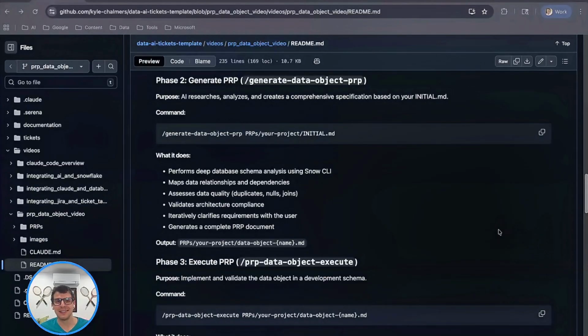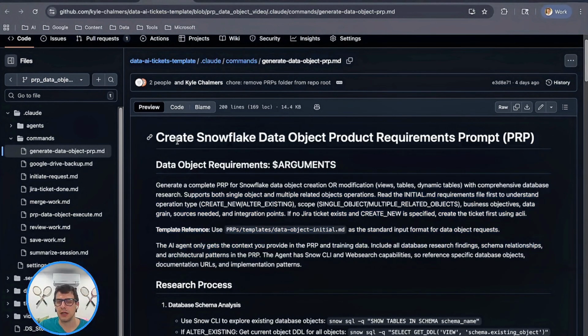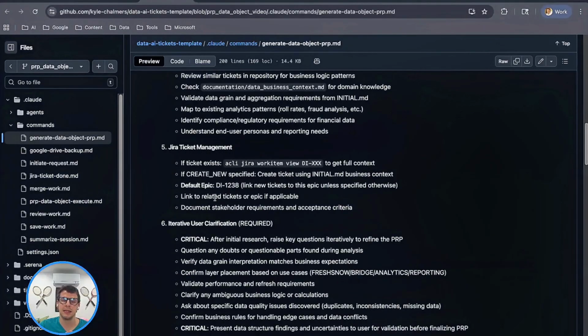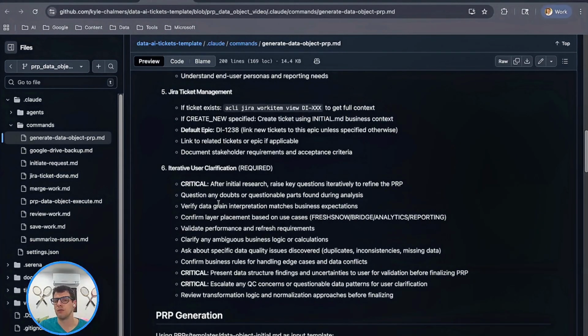Moving on to these next phases, I'm going to spend a little less time on these because these are more AI-involved phases, if you will, where the first phase of generating the initial template that I showed you all involves more research and more effort from you, the human involved in this process. But that said, we have this generate-prp custom command, which I have pulled up here, where it takes in the argument from your initial markdown file that you defined, and then it basically goes through a research process looking at the different aspects that you want to